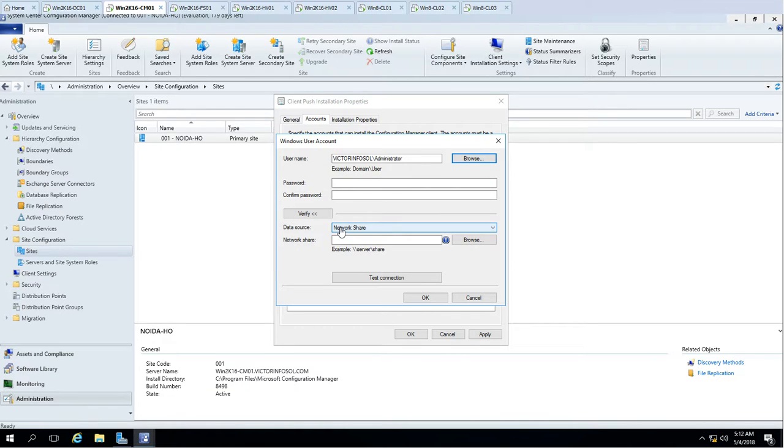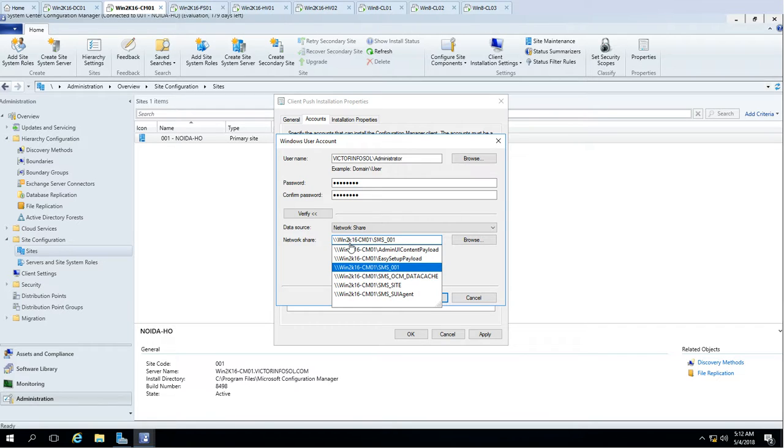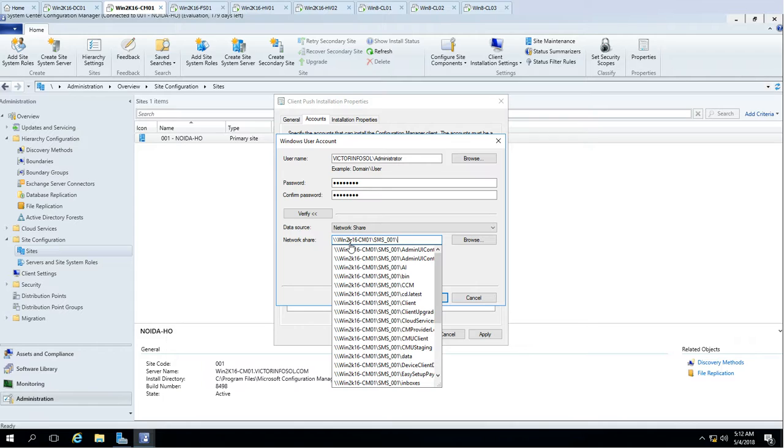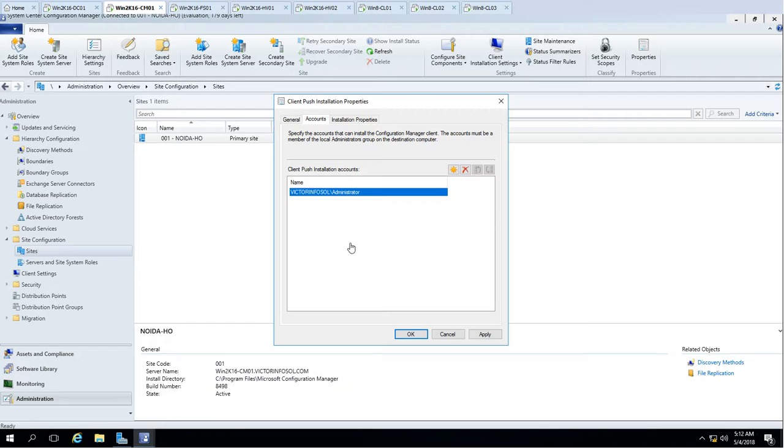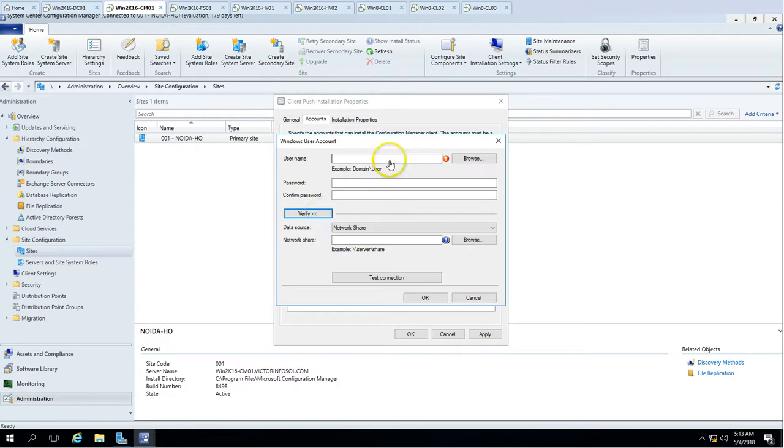Administrator, and I'm going to type my administrator password here, and to verify it's working I need to put some authentication share path, so I'm going to use CM01, my SCCM site, and I'm going to use client where my client is. Oh, need to add again, so new